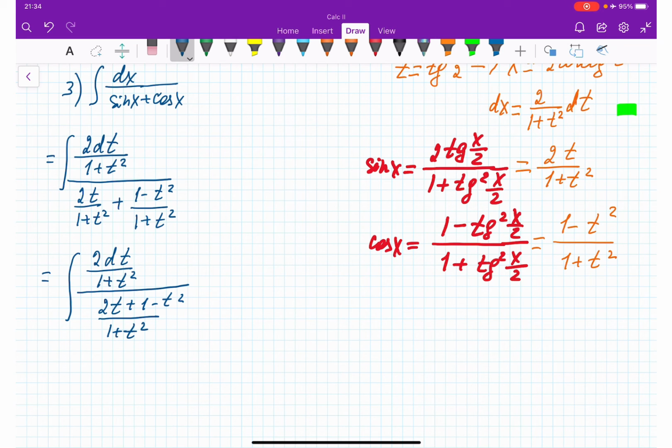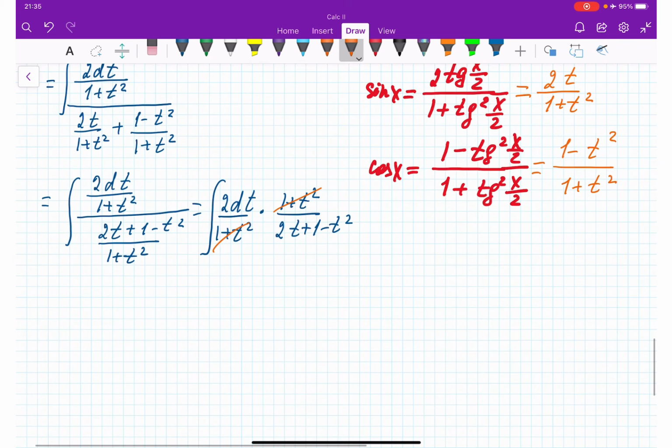This is going to be equal to dt over 1 plus t squared times, because it's division, the fraction in the denominator we are going to flip, which means we get 1 plus t squared divided by 2t plus 1 minus t squared. We have 1 plus t squared cancelled, and we will end up with